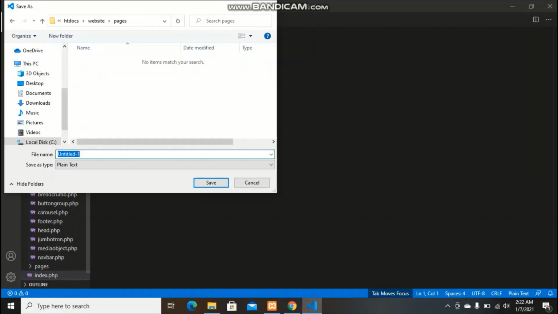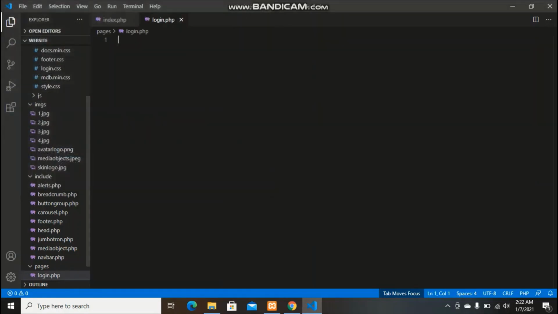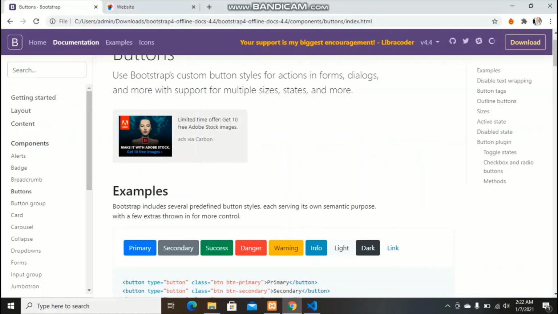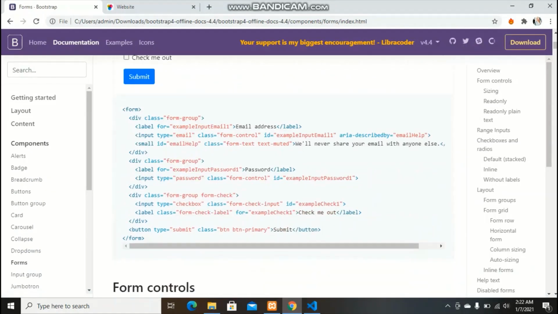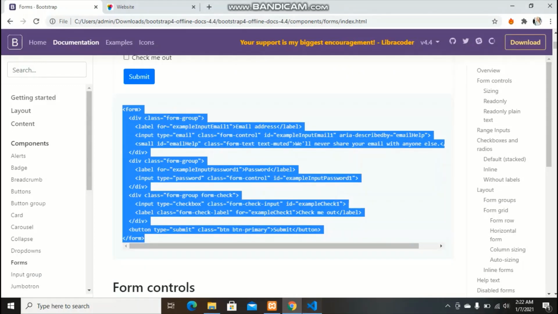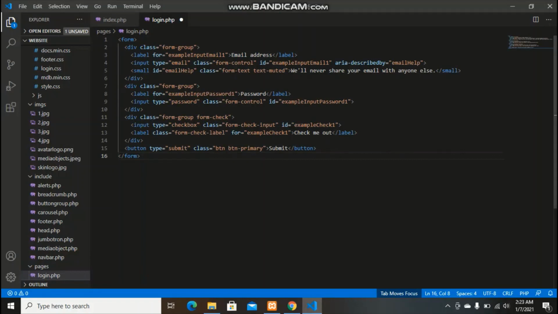Then let's put it here, the login.php, and then go to Bootstrap. Let's find a form and copy this form into the login. Control S,